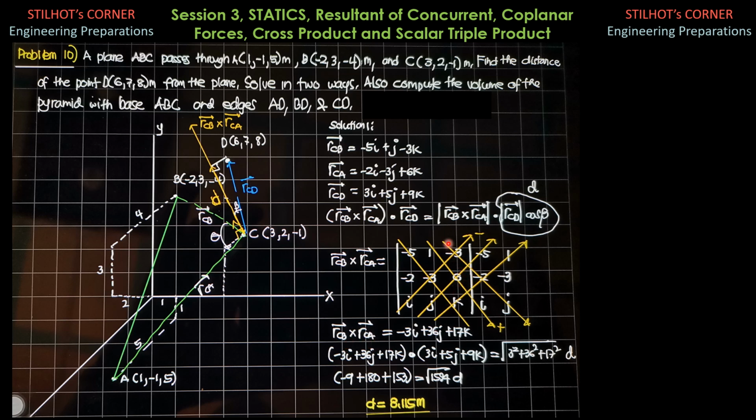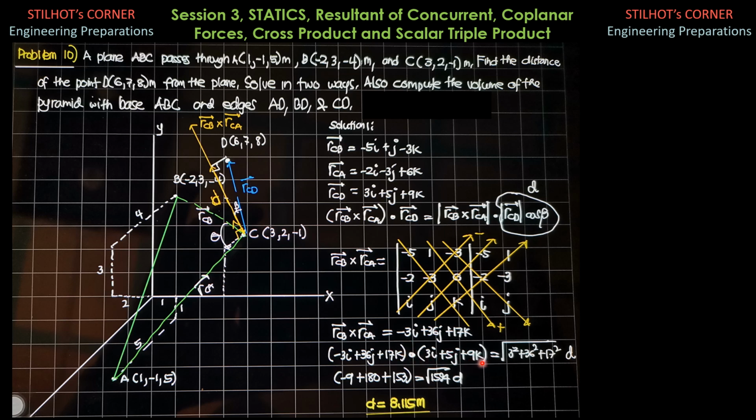Then for j, -3 times -2, 6. 6 minus 6 times -5, 6 minus -30 rather, is positive 36j. Then for k, -5 times -3, that's positive 15. 15 minus -2 times 1 is 15 plus 2. So that is 17k. Therefore, this is rCB cross rCA, and this is the vector rCD, 3i plus